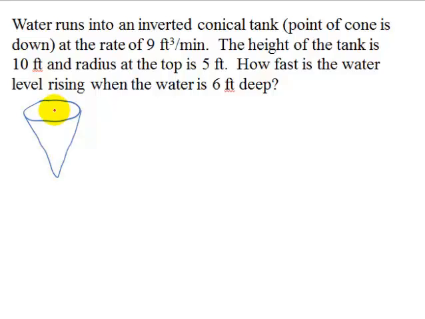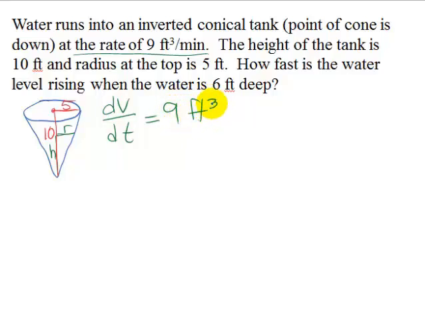And some of the info that we have at the top, the radius is 5 feet and the height is 10 feet. So if we picked some water level here, that's going to be some r and some h. Those are going to be functions of time. What they give us is a volume rate of change, how fast the water's going in, so that we've got dV/dt equals 9 cubic feet per minute. We want to find how fast the water level is rising, so we want dh/dt